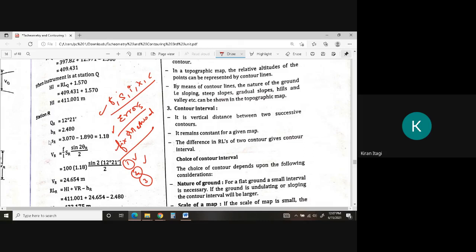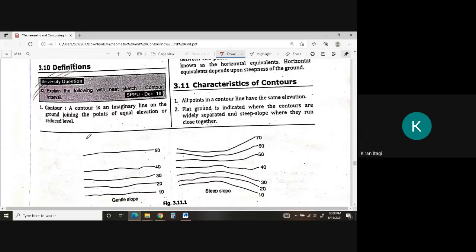The chance of getting numericals is around 10% according to me, but if they want to set a hard question paper, sometimes he will ask numericals. So remember what you mean by f, s, I, q, f plus c, f upon I. Then errors, methods, and formulas in the first chapter. In the second chapter we have contouring.